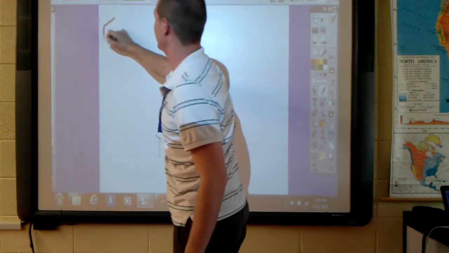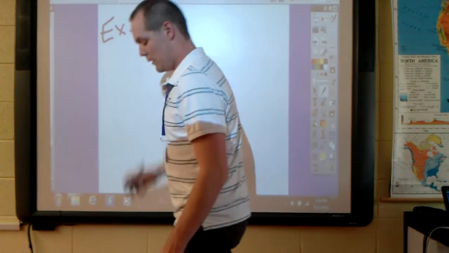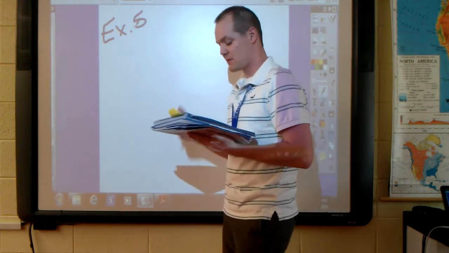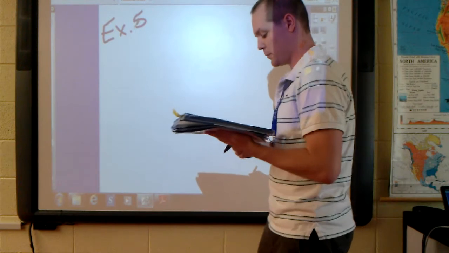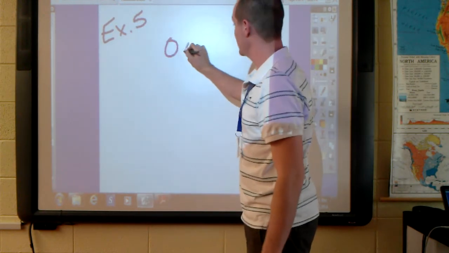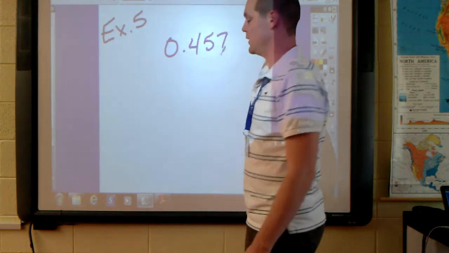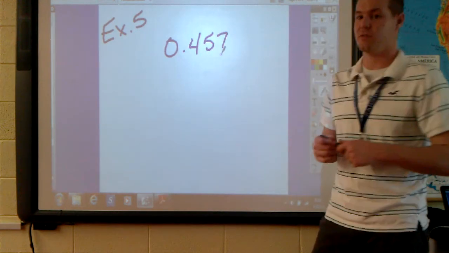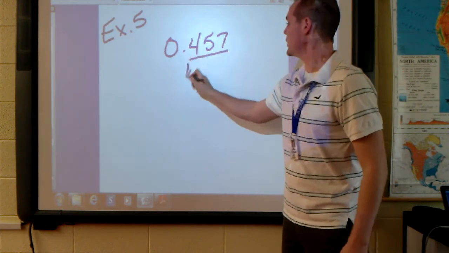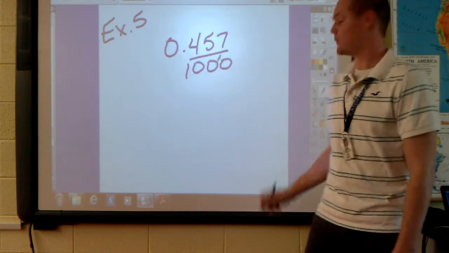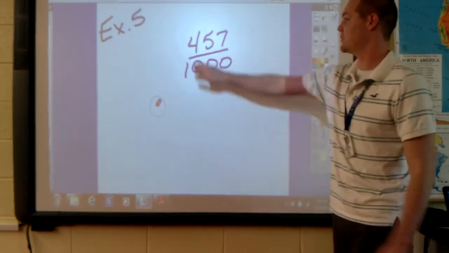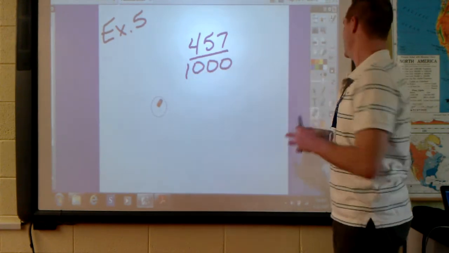Okay, example number 5. Example number 5 says, write 457 thousandths as a fraction, then name both numbers. Okay, so I have the number 457. It said, write this number as a fraction for example number 5. Basically, all we have to do is take this number, put it over its place value of 1,000. Okay, and then of course you'd get rid of the decimal point and the 0. This is written as 457 thousandths. Now they said